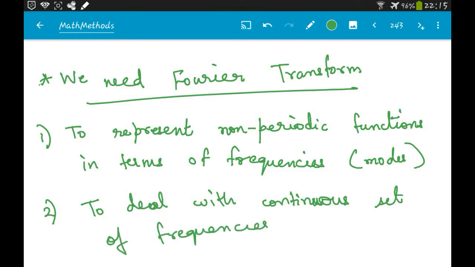Okay, so you know that in Fourier series we always had a1 sine pi x by L plus a2 sine 2 pi x by L plus a3 sine 3 pi x by L and so on. So all these, 1 pi x by L, 2 pi x by L, 3 pi x by L, the 1 pi by L represented your frequency, right? So if this is the frequency, these are all discrete frequencies. But if you have a function which is non-periodic, you can represent it using Fourier transform, and then what you get is a continuous set of frequencies. So let's see what we have here.